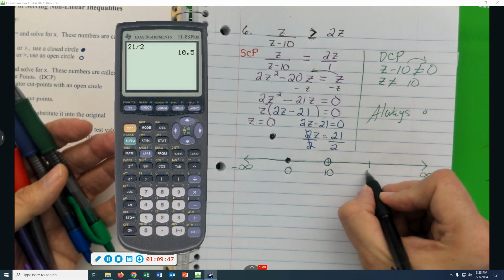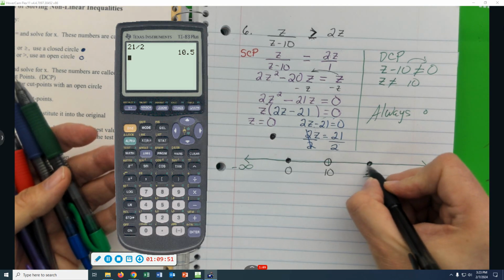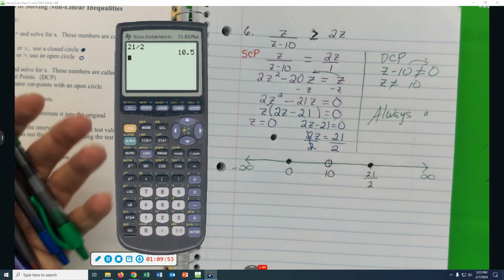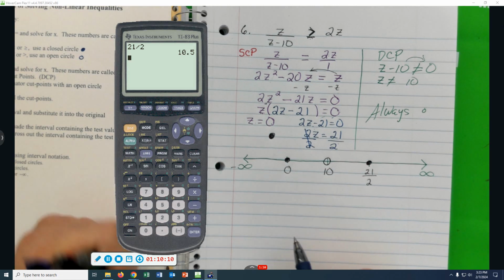And then finally 21 over 2 with a closed circle. I want to see you think your way through this. Imagine me and my brother sitting there, these dumb little ignorant students, trying to think our way through. How the heck do you get these answers thinking your way through? This sequence of steps is great. Now,